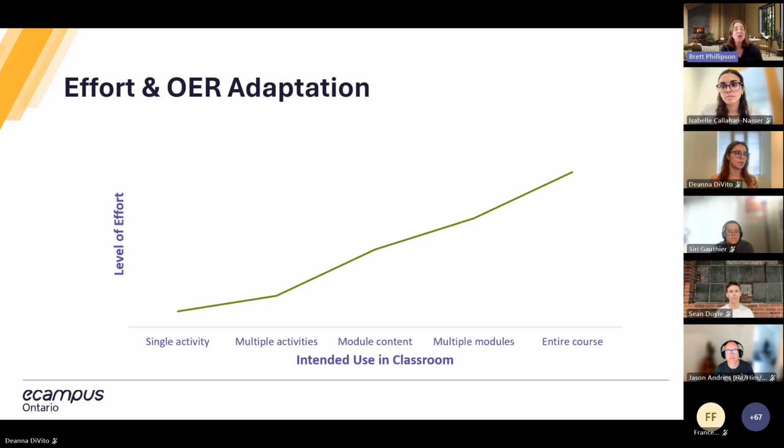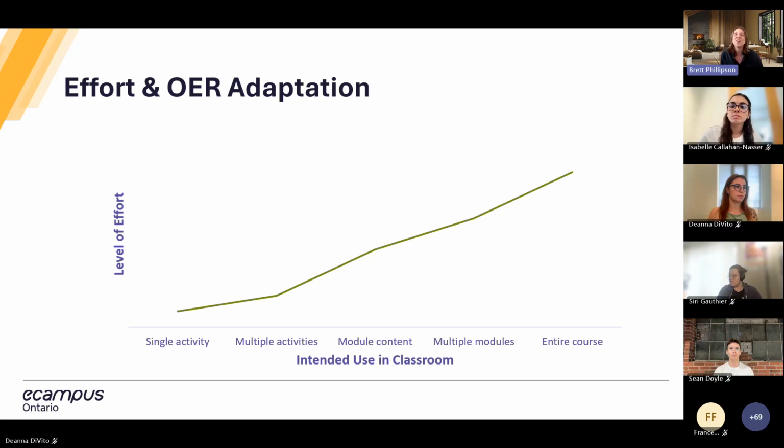At the low end, a lot of OERs are very small. For example, a single simple H5P activity, something like that could be created or adapted maybe even within an afternoon. At the high end, you have something like content for an entire course, whether it's a whole course shell or a whole course textbook. That's a much, much bigger project that could probably take many months and require things like collaboration and funding. But you can start at the low end. You can start simple, especially if you're unfamiliar with the process of adapting OER, and build upon that over time to create something larger. And that brings me to the next slide, please.